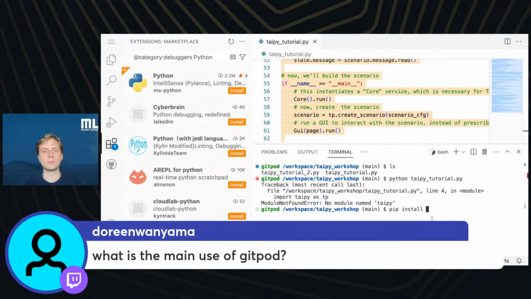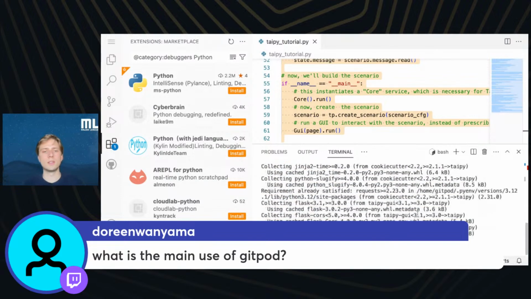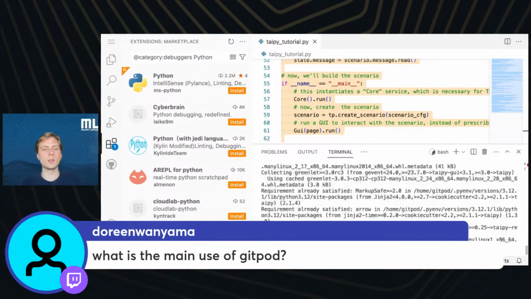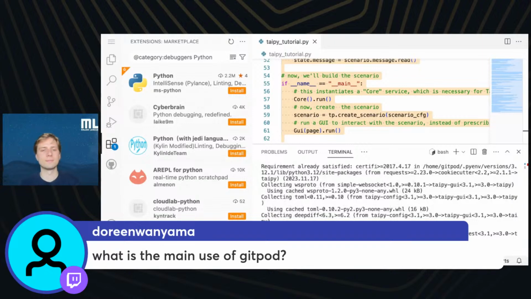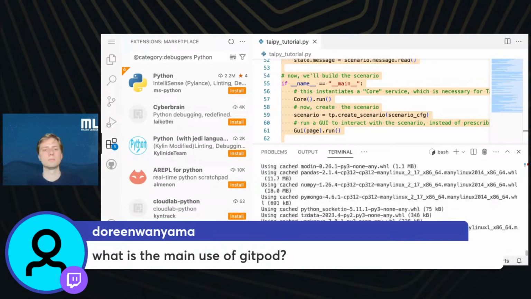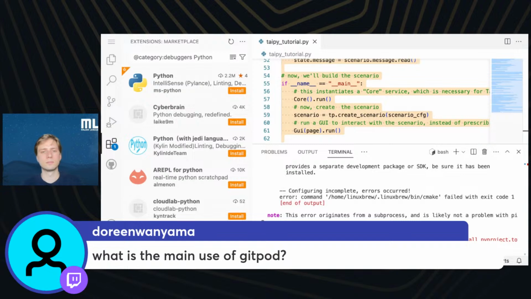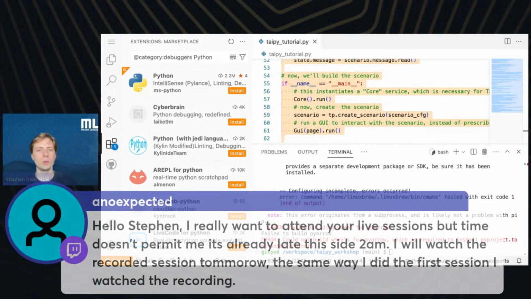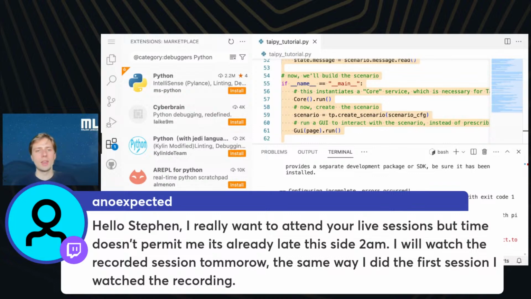Oh. I didn't recognize that I installed Taipy. Let's try again. All right, well, maybe this isn't a great use of time to keep going with this, but if you want to try that out, Elena, maybe it would work for you. I'm not sure.